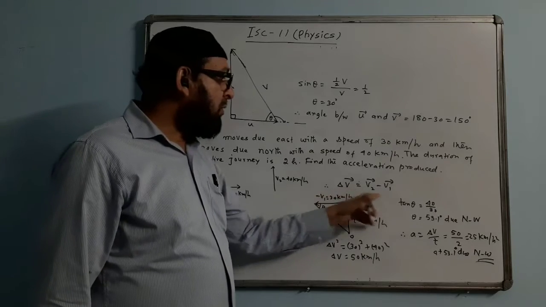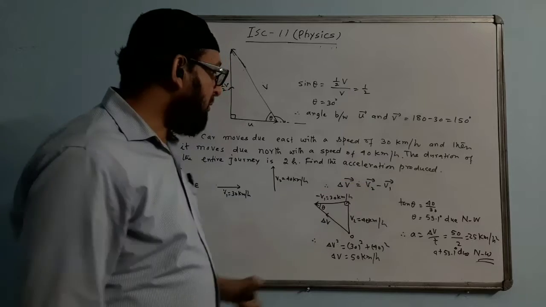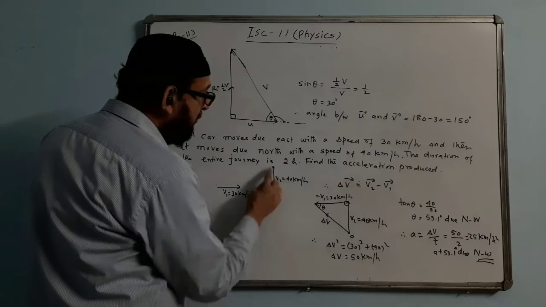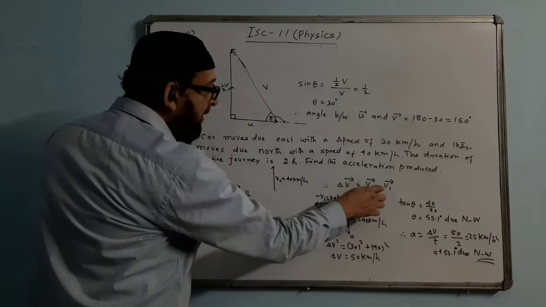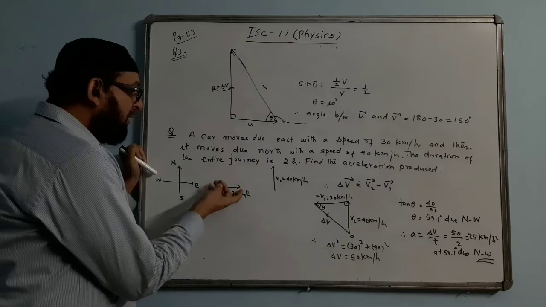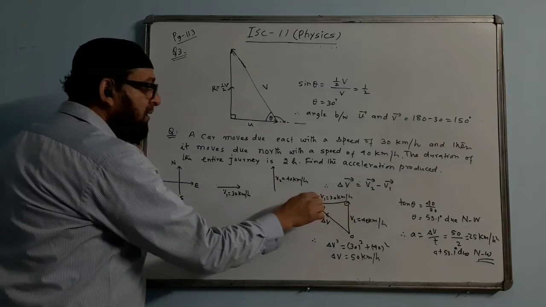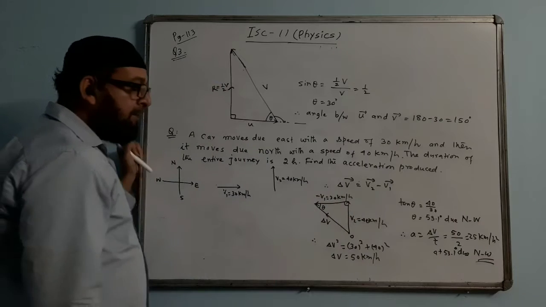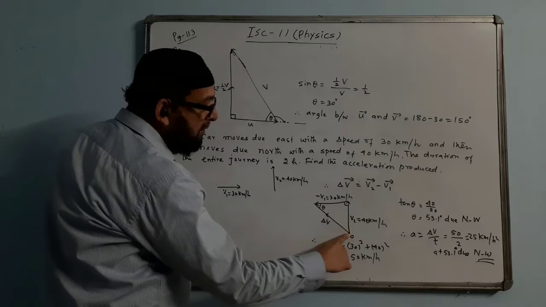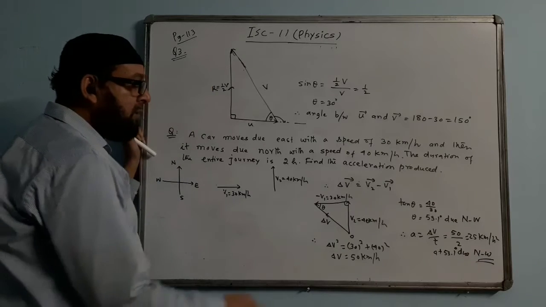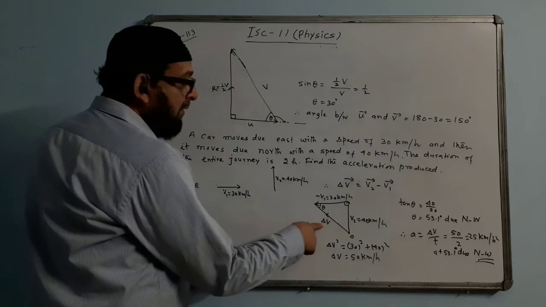So this is the vector equation. We will draw a diagram for this. How to draw the diagram? Start with the origin. The first one is V2 positive, so V2 remains positive like this. Minus V1. Minus means you have to change the direction of V1. Plus V1 is coming this way, but minus V1 will come this way. Where is the resultant? The resultant is from the initial point to the final point. Draw a straight line between the 2 points. That is the resultant, delta V.